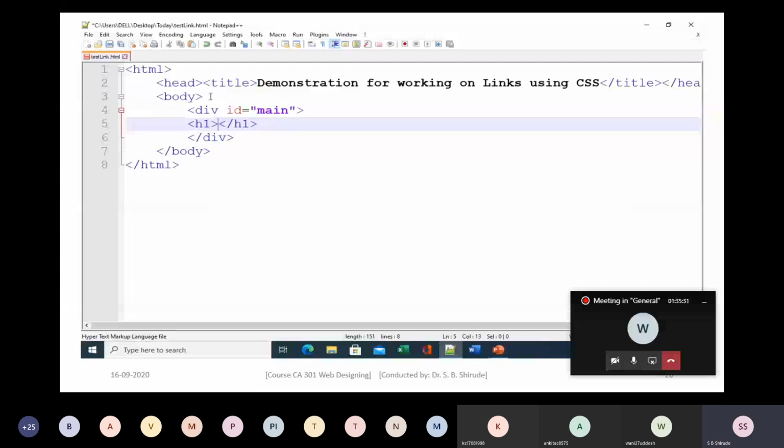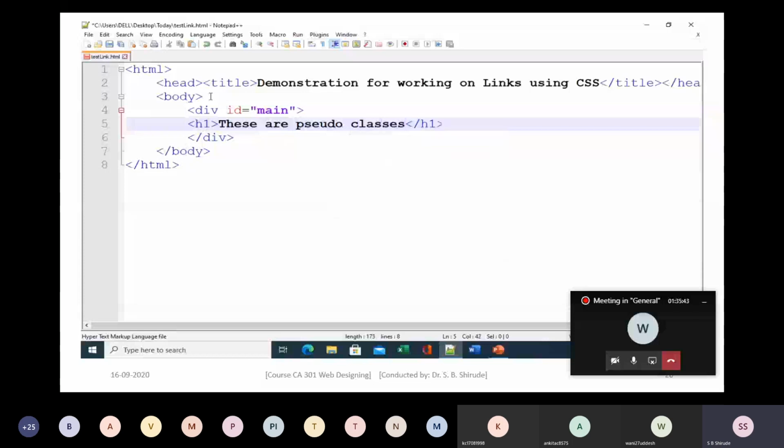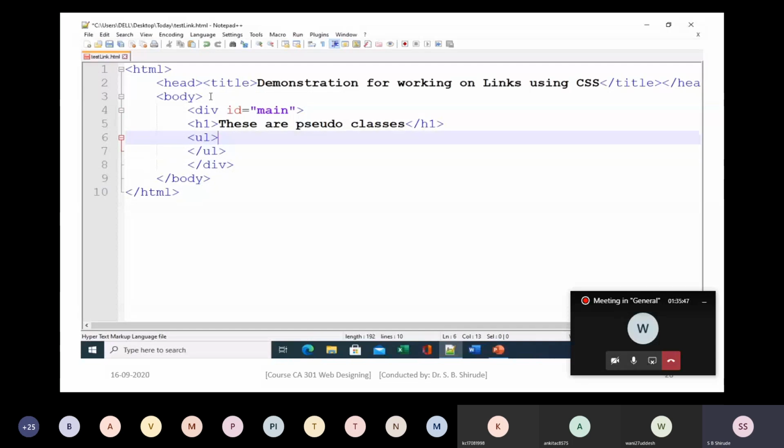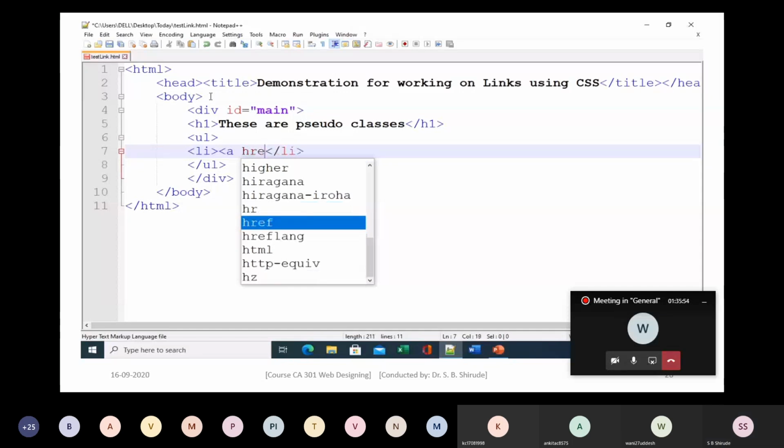Somewhere we have to make use of the anchor element. So in the div section, first of all, let us put some heading so that we can understand what we are learning over here. So this example is for pseudo classes. And now in the list, we'll put the element as a link.